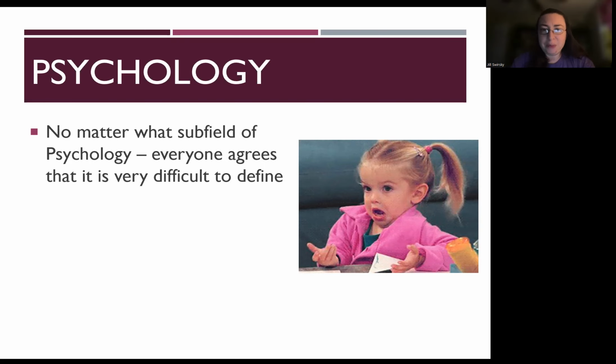I'll say a term, something that we hear a lot about. I'll ask you to think about a definition, and you'll probably struggle with it. That's because we tend to use words or terms, but we never really stop to take a second and think, what does this actually mean? Okay. So part of the reason why psychology is so difficult to define is that the field is just so vast. It encompasses so many different areas, which is something you'll start to see as we move through all of the different topics in this course.